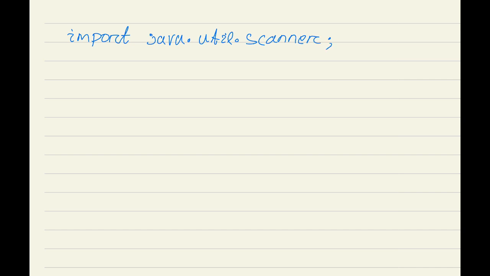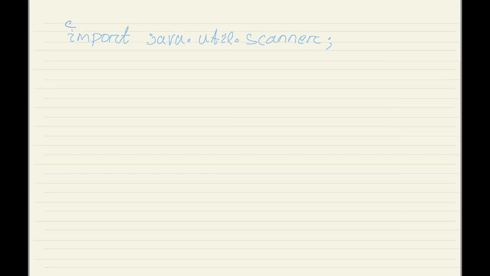You need to add this line to your program at the beginning of the source code file. Now include the following statement at the beginning of your main method, that is